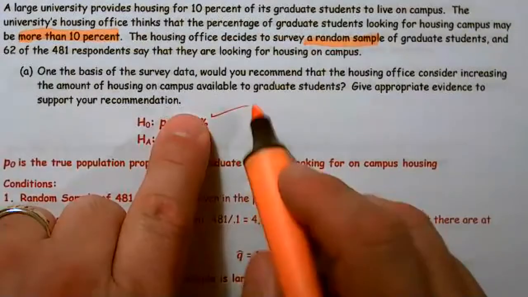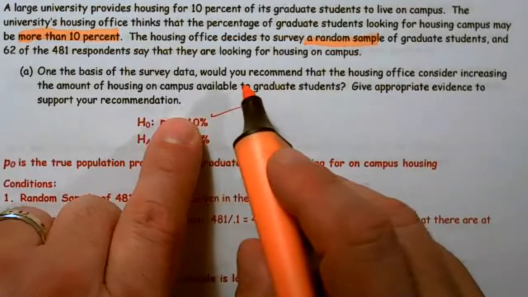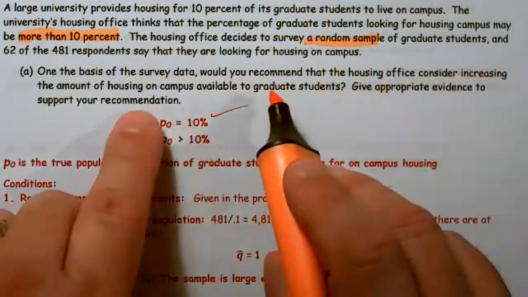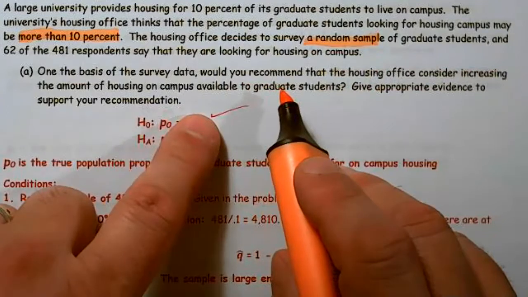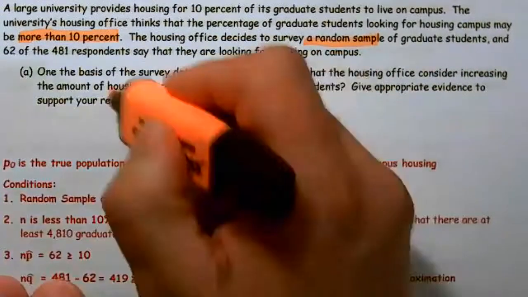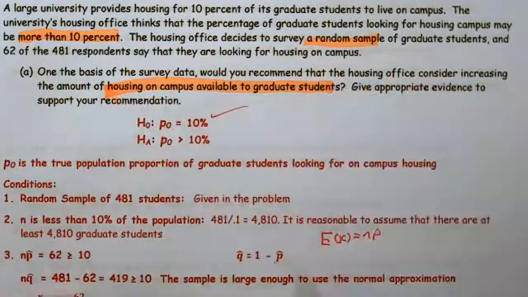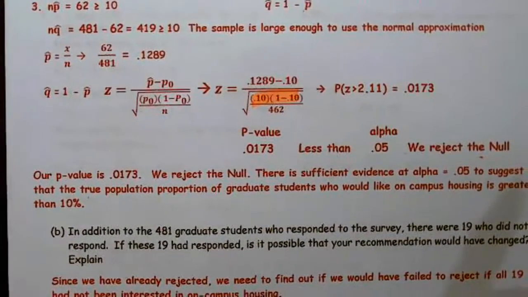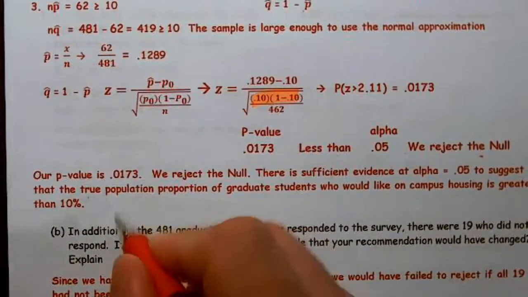The question was, would you recommend considering increasing the amount of housing for graduate students? Give appropriate evidence. I gave the evidence, but I didn't answer the question. So make sure you always answer the question. Those are easy points to lose. In this case, we rejected the null of 10%, so I should come back and add,